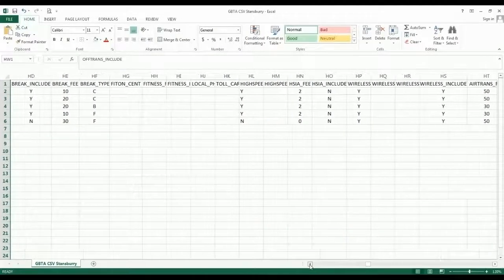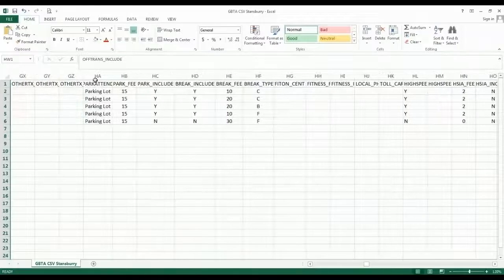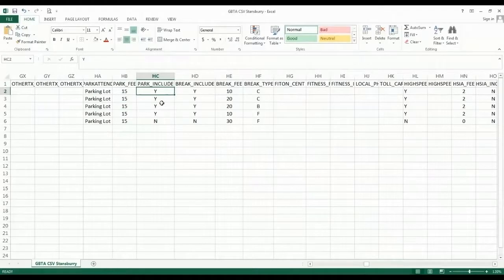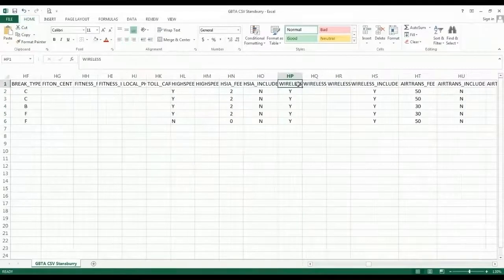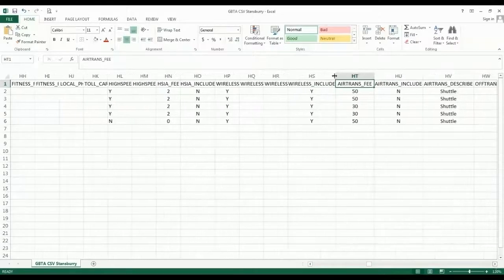But I filled out park attend, park fee, park included, Y for yes, N for no, breakfast fee, C is for continental, B is for buffet, and F is for full American. Wireless, that's Wi-Fi, transportation from the airport, transportation description, and that's it.